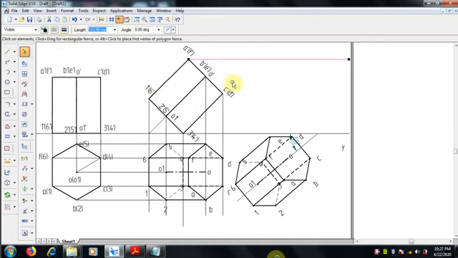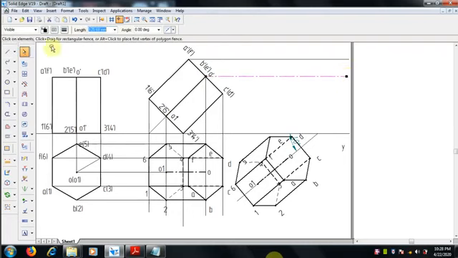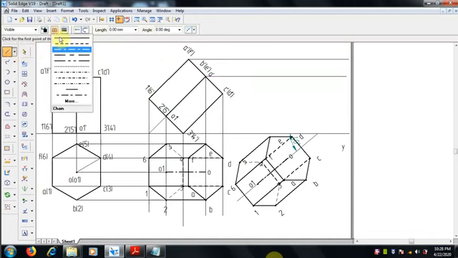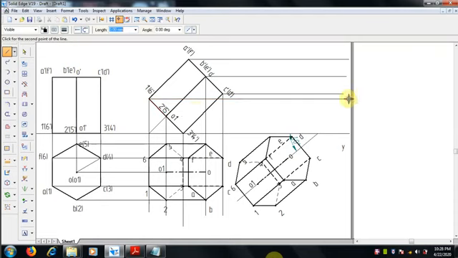Select thin continuous lines, draw continuous lines, select thin line, it is projected like this from the top also we have to project complete full projection lines.